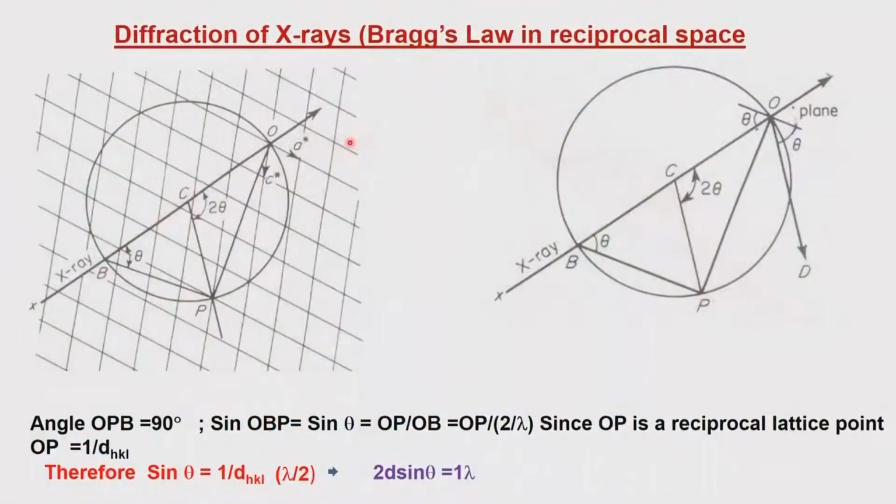So, what we have to consider are those reflections which come in a sphere of radius double this one. That means those which come in a sphere of radius 2 divided by lambda, because the radius of the Ewald sphere is 1 by lambda. So, this will be 2 divided by lambda, and this 2 divided by lambda will be what we call